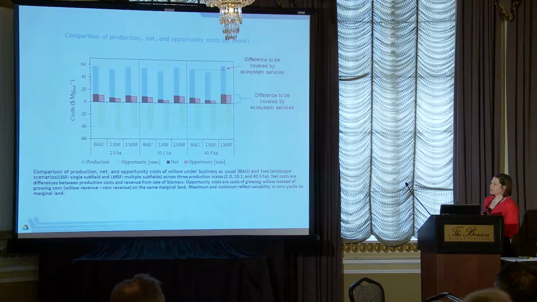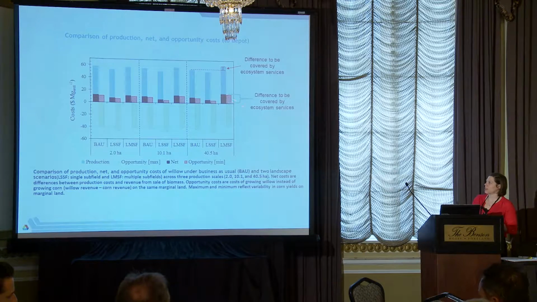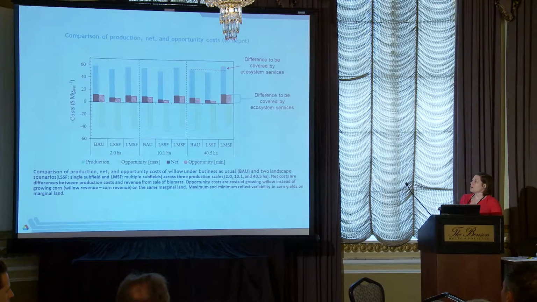The difference between your break-even point and where we hit that revenue is the gap which we need to fill with those ecosystem services provided. The other way of looking at it is those ecosystem services can cover the difference between our business as usual and our multiple fields, because the intent of using those multiple fields is to take advantage of those